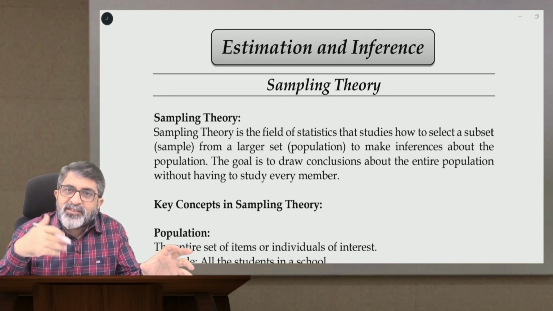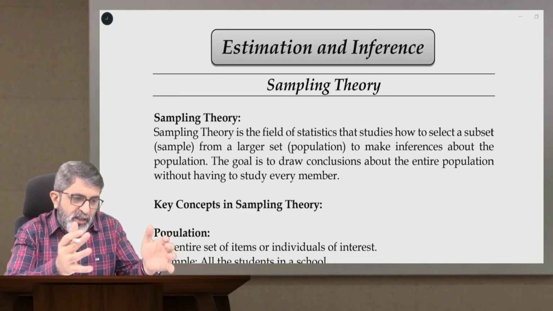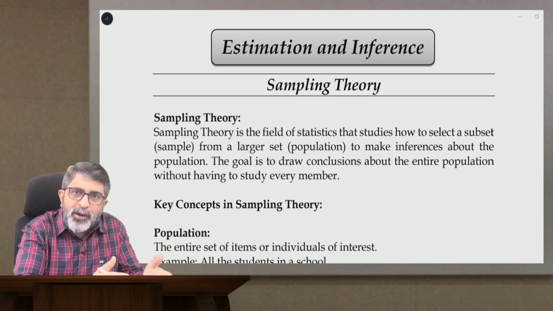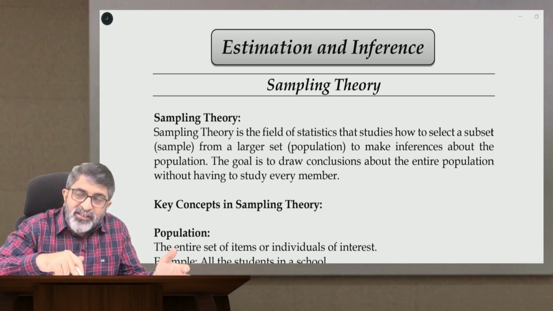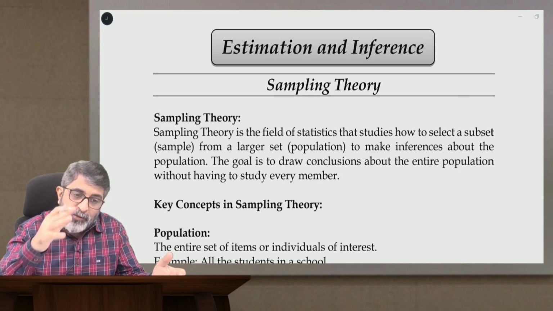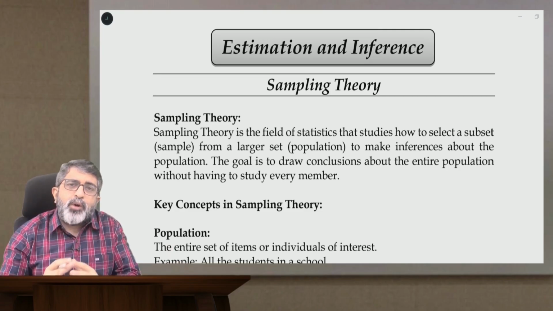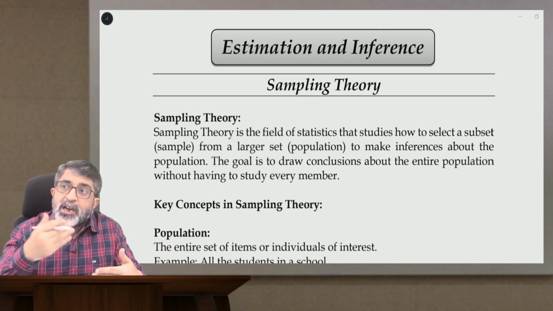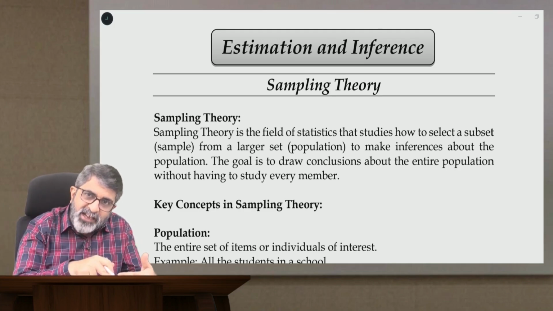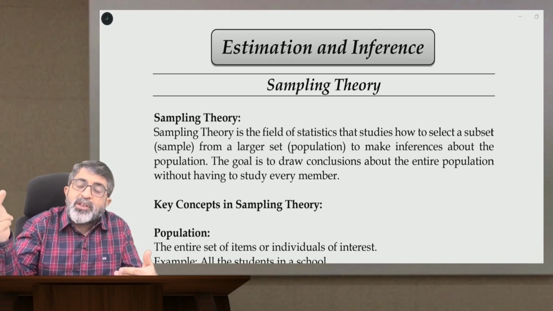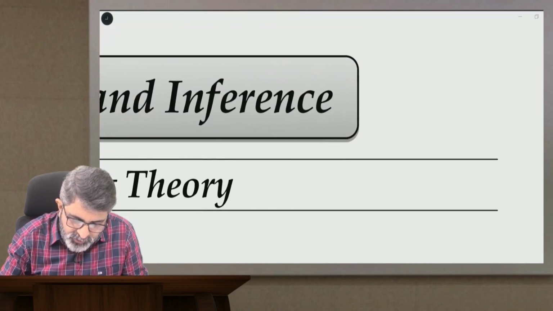And once you have made an estimation, you are trying to infer. That means you are trying to relate that whatever I am observing in this sample, the sample is resembling the same population, correct? This attribute of sampling, that when you believe that the sample is resembling the population, that is what we call inference. You are drawing the conclusion about the population without studying the population itself. You are studying a sample and drawing conclusion about the population. So if you want to highlight the meaning of this word,